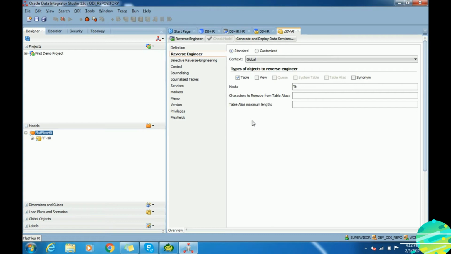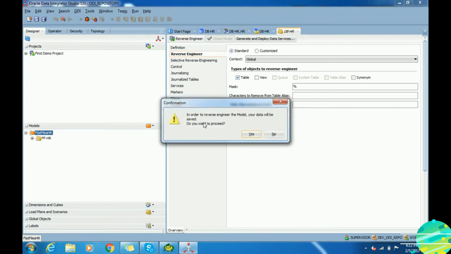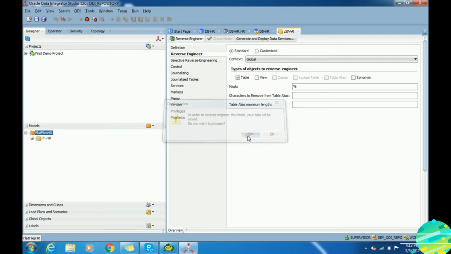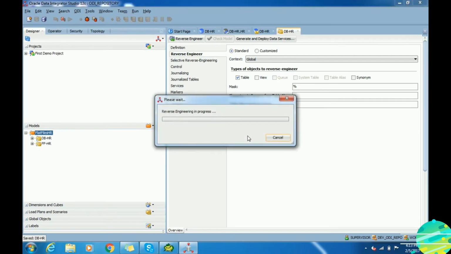Click on reverse engineer. This is where the reverse engineer knowledge module comes in picture. No need to change, it is standard, context global, and we are reverse engineering a table. Just click on reverse engineer, you get this message, say yes, and the reverse engineering will start. Because I have not mentioned a specific table name, reverse engineering is going to bring all the tables under HR schema.